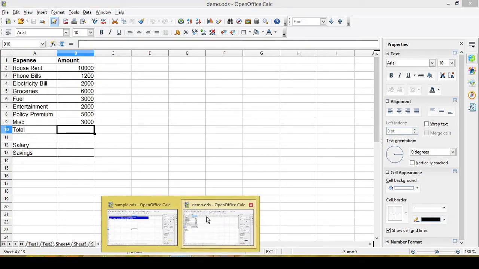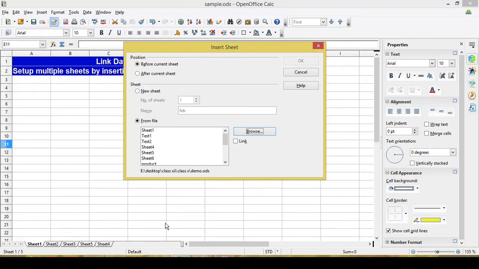I'll go back to my file which is sample. Sample is the file where we are working, and I am going to insert the sheet from another file. The name of that file is demo file, and it is displaying all the sheets. So I am going to insert sheet 4 from that file in this file.